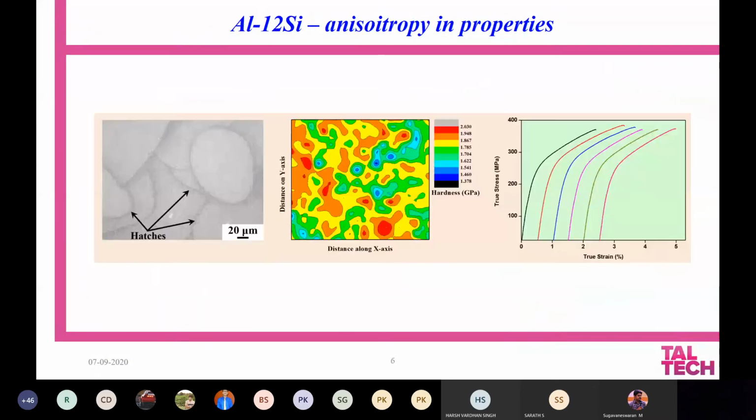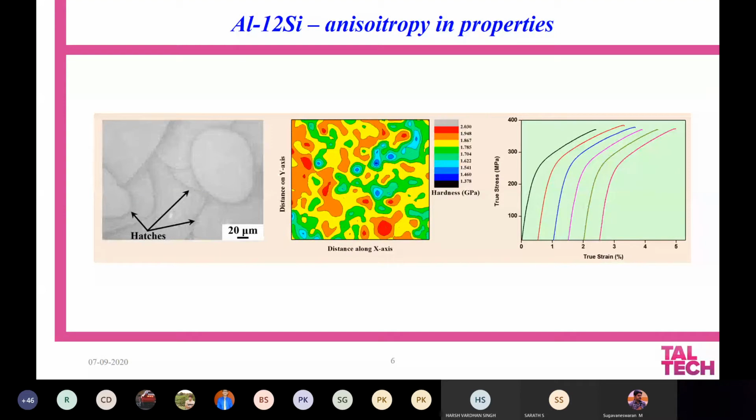And one more important aspect we have to see is the anisotropy. We saw that the microstructure is not going to be uniform and it's going to be different along the different length scales. If the microstructure is going to be different along different length scales, you will have a kind of anisotropy. It means the mechanical properties are also going to be different along different length scales. This is very important. So people have tried to check the isotropic nature of the material and they have tried different sets of experiments.